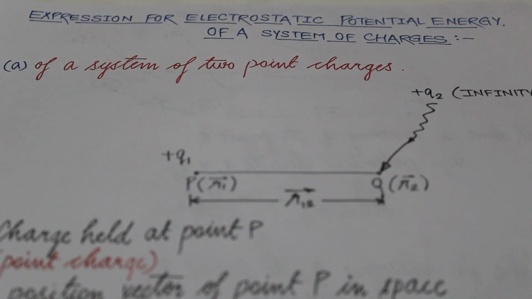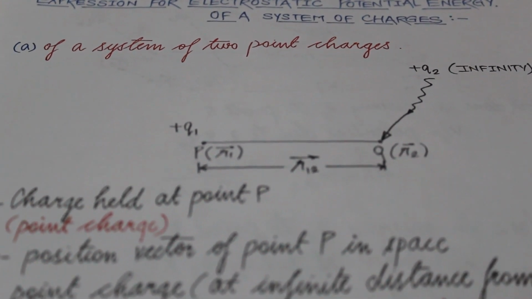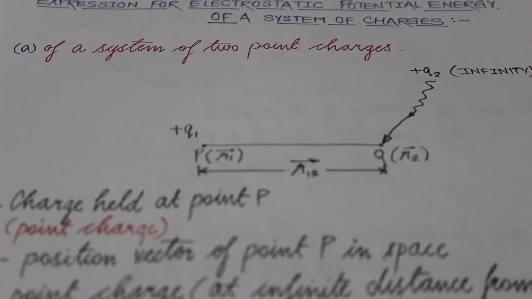Hello students, in the last lectures we have studied electrostatic potential energy and electrostatic potential. In this lecture we are going to find an expression for the electrostatic potential energy of a system of charges. We'll derive a formula using which we can find the electrostatic potential energy of a system of charges. So let's start. First we are going to find the electrostatic potential energy of a system of 2-point